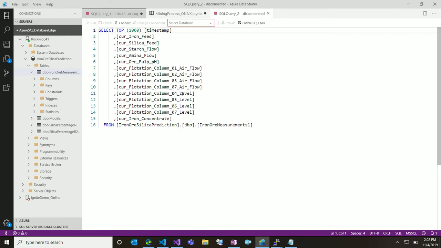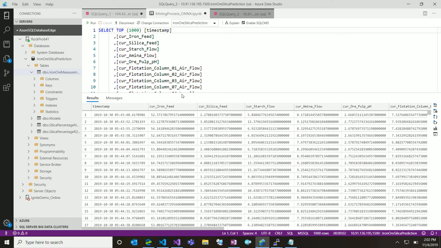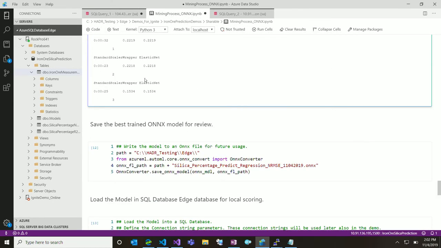OK, there you go. So this is the table where all my data is getting inserted to. Now, hopefully, my model should be ready by now. Let's go and check. So it's done with 3 iterations. It's doing the 4th iteration. And you can see that